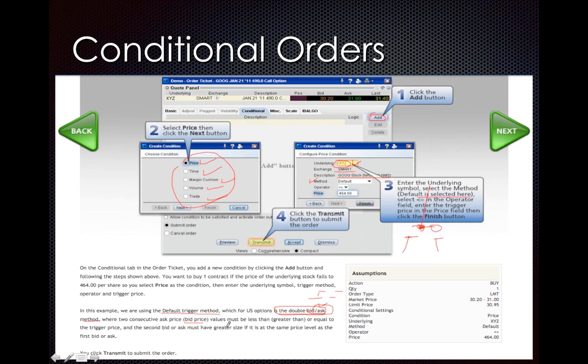Sometimes you need to have more confidence, and you would like to see that two consecutive ask price or bid price values must be met. So it means that you are confirming that it has happened twice. This condition has been confirmed twice. Plus, in the default option, which is for US options, it's not only twice, but the second bid or ask must have greater size. So it means that the volume is increasing,